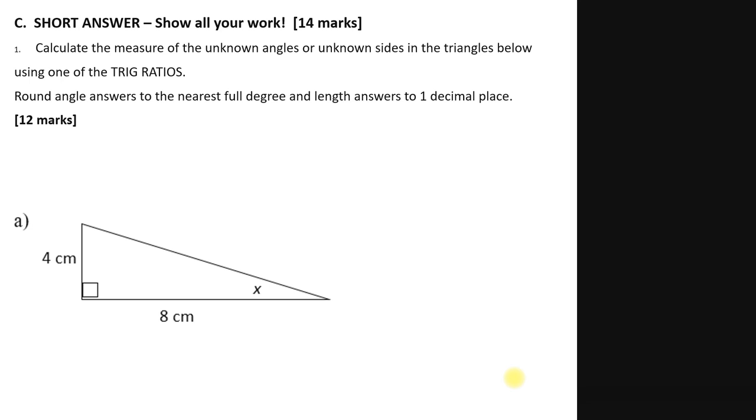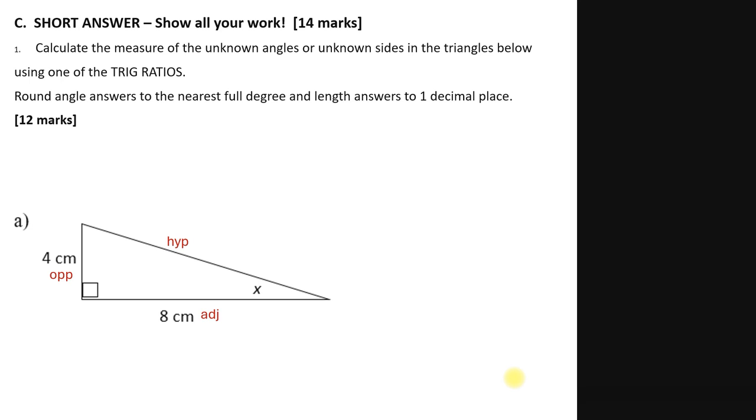Calculate the measure of the unknown angles or unknown side in the triangles below using one of the trig ratios. Round your angle answers to the nearest full degree and length answers to 1 decimal place. So here in question A, x is our reference angle. So when we label them, that will make the 4 centimeter side the opposite and the 8 centimeter side the